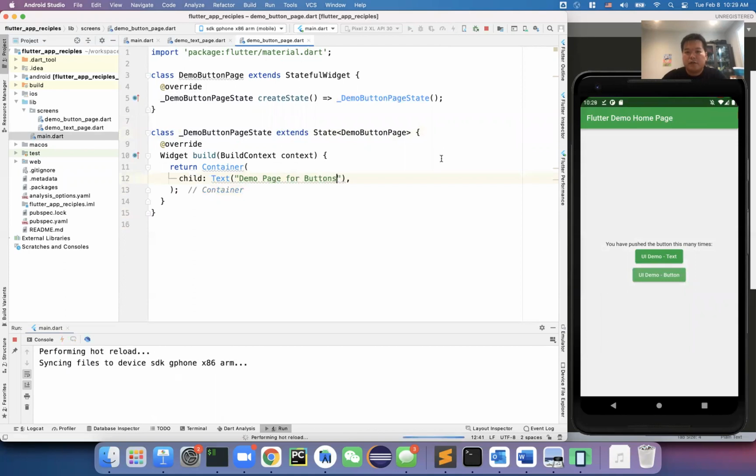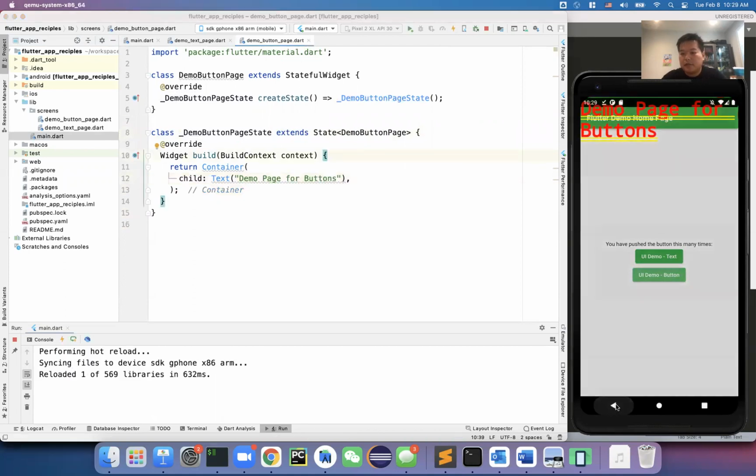Okay, refresh the page. We'll try it again. Okay, so I'm gonna click on this one, go back. So I'm gonna click on this button. All right, so for some reason it actually showed here, directly on top of the screen. The reason is that we are only just returning a container. Okay, we're not providing anything like a Scaffold, you know, the